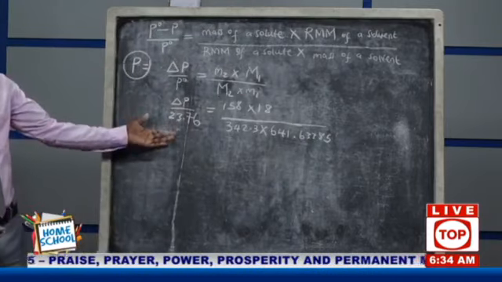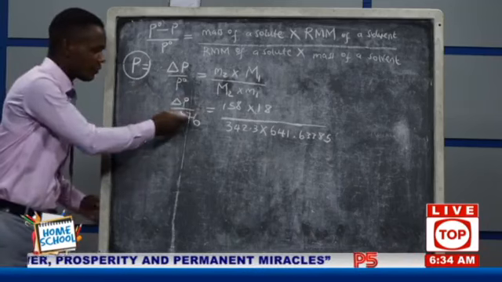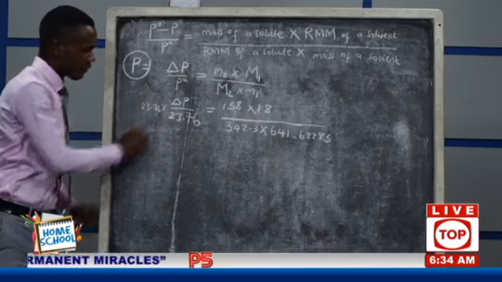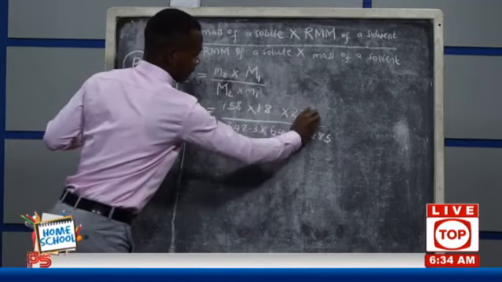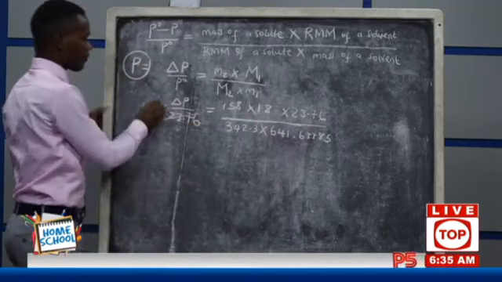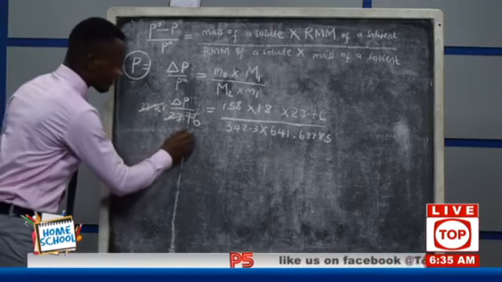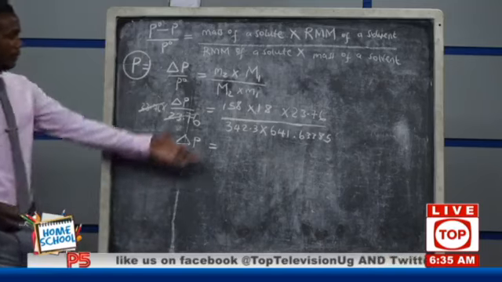According to mathematics, if you have something down here, you multiply it on both sides, and here that means it will cancel out. So you get the change in pressure as you get this